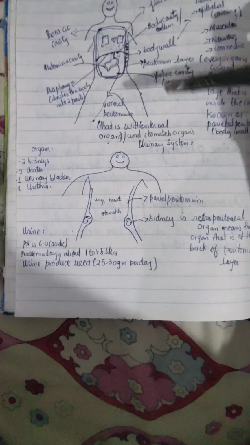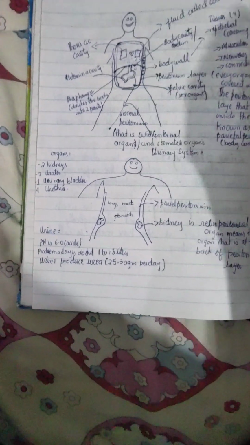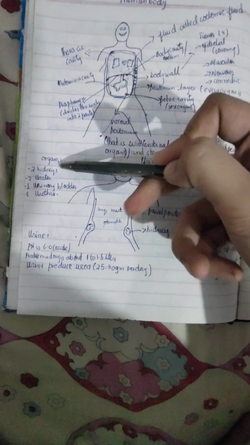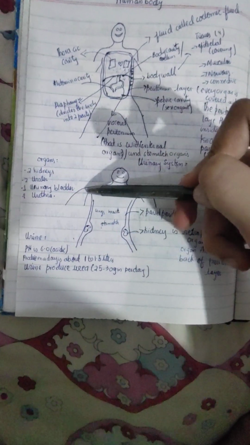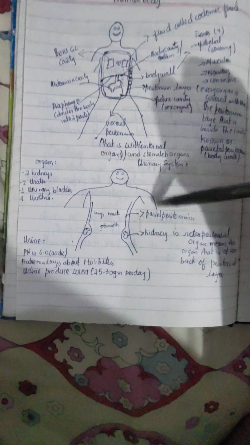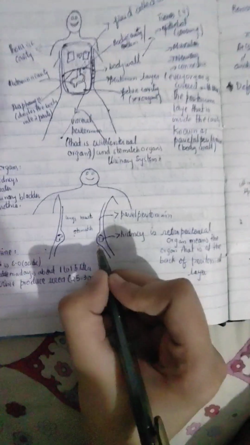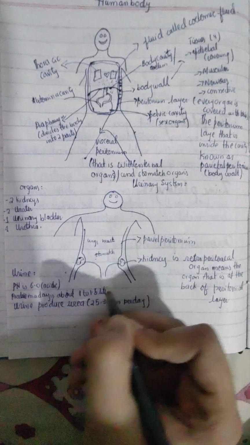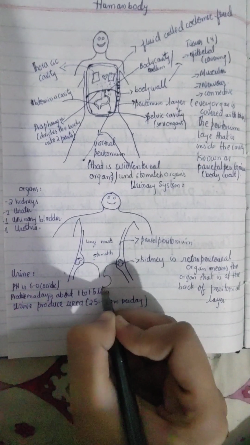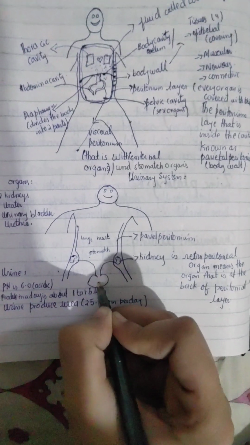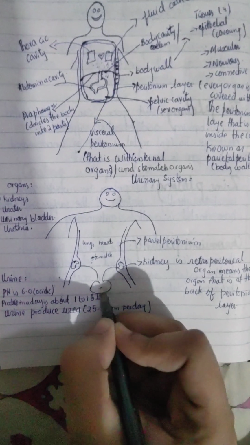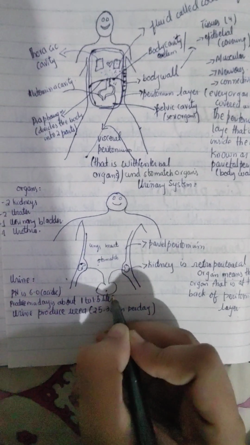Now let's move towards the urinary system. Before that, I'm just going to give you a small intro. Our urinary system consists of 2 kidneys, 2 ureters, 1 urinary bladder, and the urethra. From here you can see this is the kidney, and here 2 ureters are forming, and here they come, and this is called the urinary bladder. It is a pouch-like structure where your urine is stored,